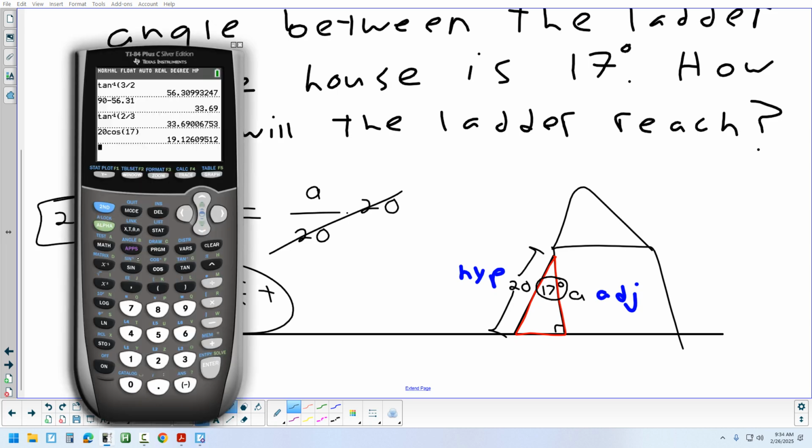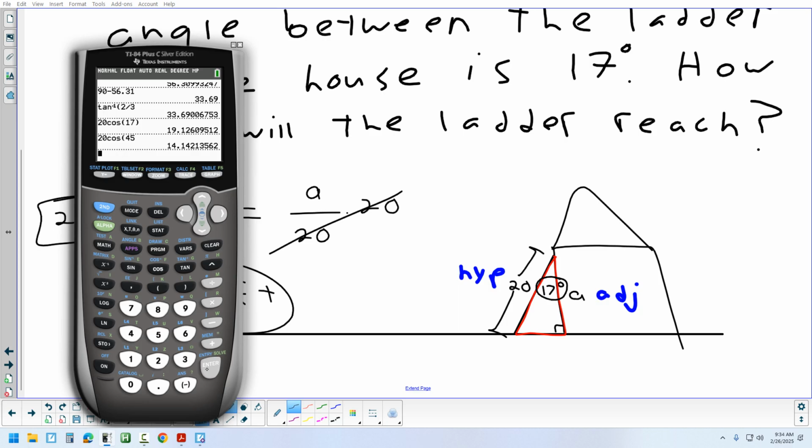Anybody have a guess at what angle you'd have to put the ladder at so that it only reached half as high as it is? So if it only reached 10 feet? A lot of people think if you just put the ladder at a 45, then it will only reach up half of its length. Well, if you try that, it actually still reaches up very high at 45. It reaches 14 feet. You'd have to put it all the way at a 30-degree angle,